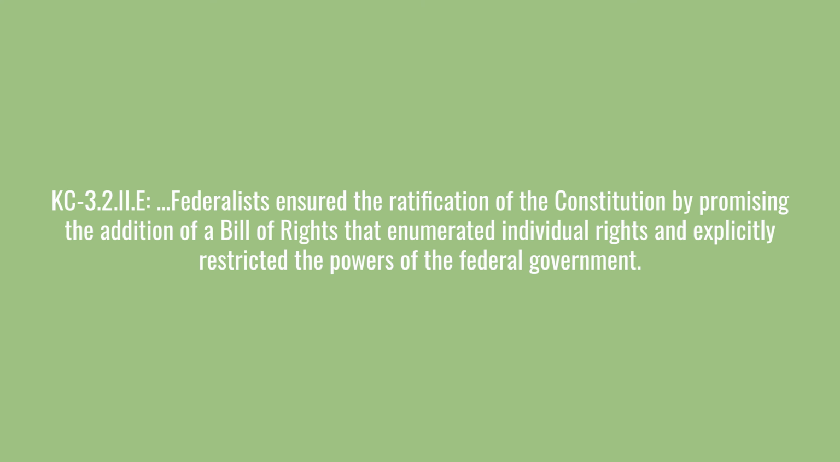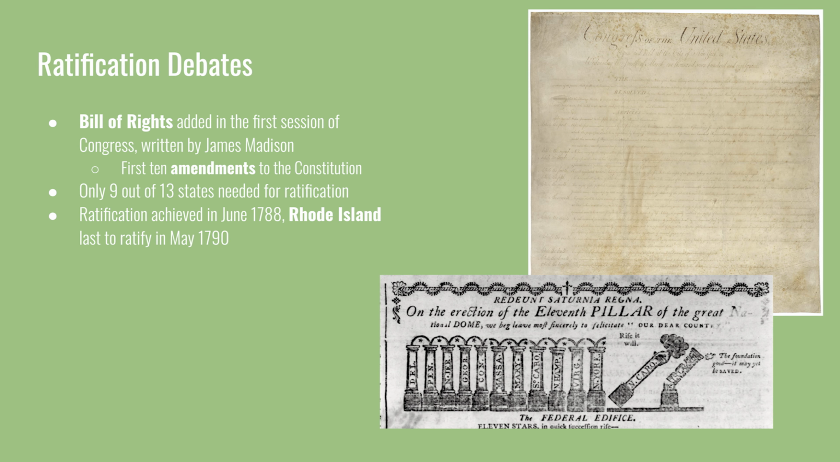The last part of this key concept says the Federalists ensured the ratification of the Constitution by promising the addition of a Bill of Rights that enumerated individual rights and explicitly restricted the powers of the federal government. The Federalists assuaged the fears of the Anti-Federalists. They were afraid of individual liberties being infringed upon, and so the Federalists said that if they ratify the Constitution, the very first thing that they will do is to write a Bill of Rights and ratify it to protect